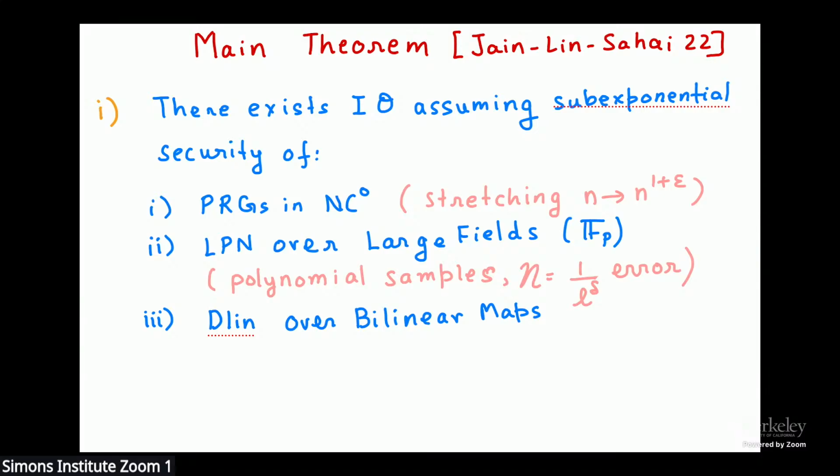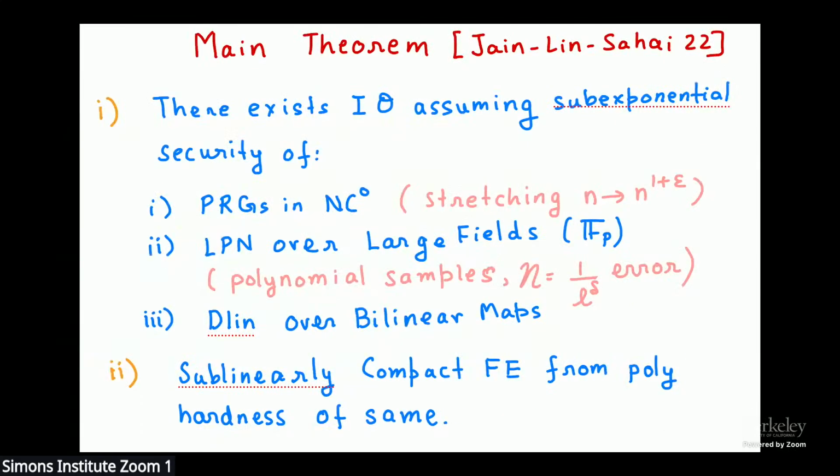So we don't know PKE from this, so it's still sort of a conservative regime. And third is essentially bilinear maps. You can instantiate this assumption with different bilinear map assumptions like SXDH and so on. For concreteness, DLIN is an assumption that we can use. If you're willing to assume just polynomial hardness of the same, you can get functional encryption, which is also a really cool notion, a precursor to obfuscation. Okay, so this is the theorem that I'm going to go into the weeds of. How are you going to construct